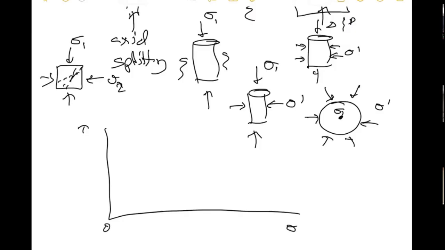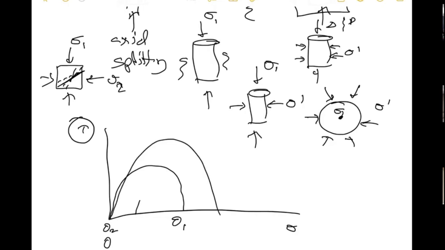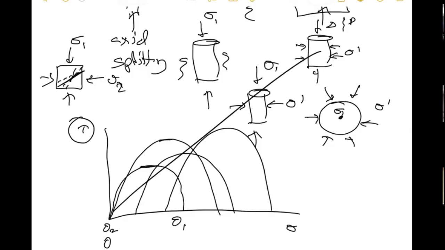And you can end up doing this business, sigma 2, sigma 1, and it turns out that the shear stress along this interface is related to the orientation of the interface. And so if you have a certain confinement, you'll get this. If this is 0, you'll get this. And then if you apply a higher confinement, you'll get this. And so basically this is relating to shear strength. This would be the maximum shear stress in the thing. And then people do a fit to this, and they take this and they call this the friction angle.